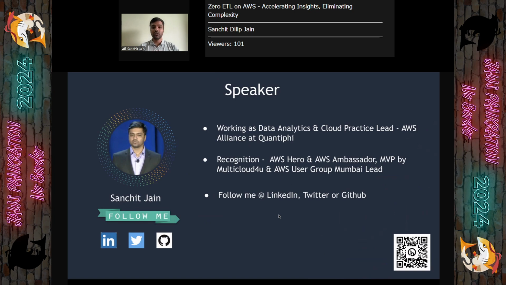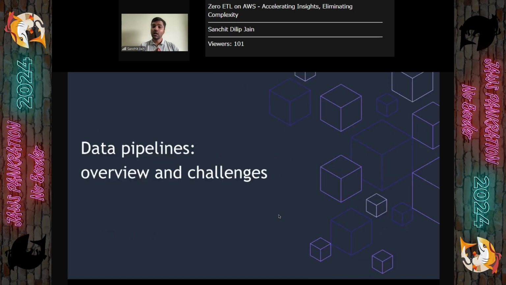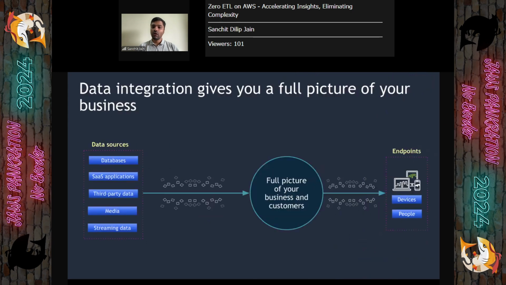With that, let me start with today's agenda. In general, what exactly is the data pipeline and what are the challenges of it? Most of the people out here who have been working on data in bits and pieces, you'll agree to this kind of a very high level architecture where on the left you have different sources, right? Databases, maybe your streaming data, like your website stream data, or maybe logs of your applications, or maybe the media streamings, what you get on the platform.